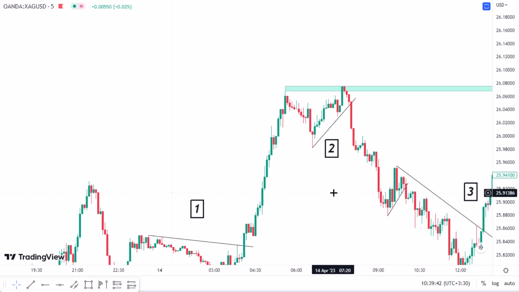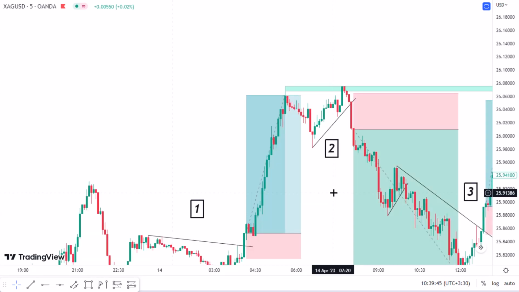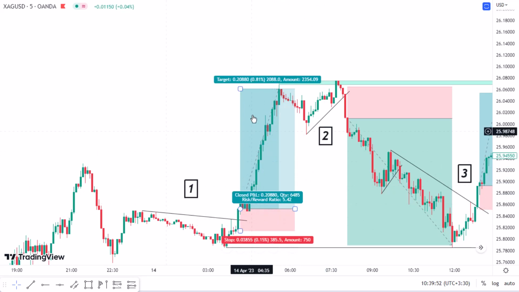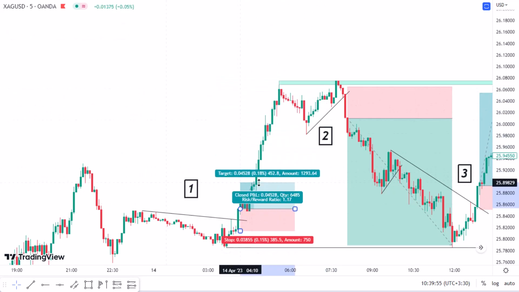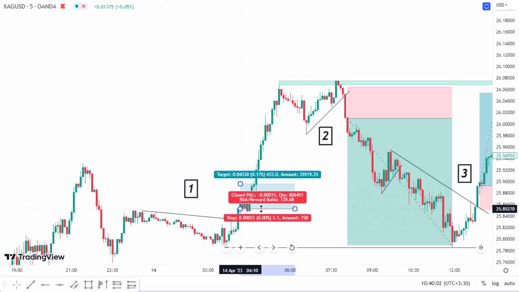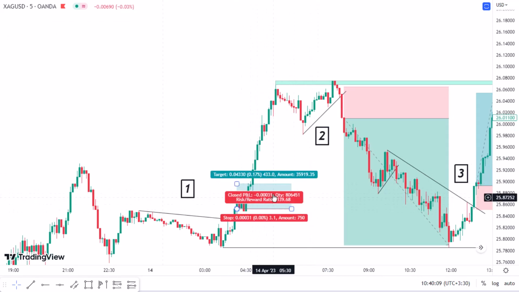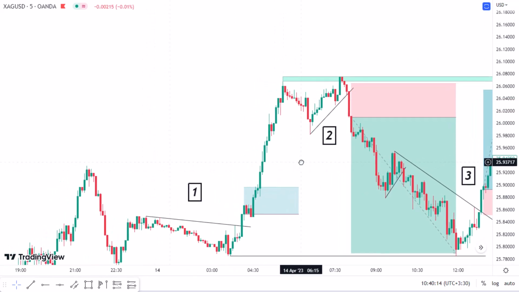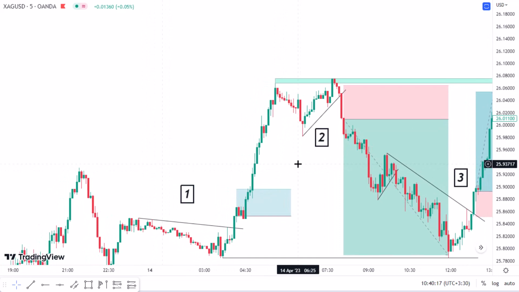I recommend closing your position, or half of your position, at risk to reward 2, and putting your stop loss at your entry point. When your position gives you target 1, risk to reward 1, move your stop loss from where it was to your entry point. In that case, you are not going to lose any money if the market returns. These are fantastic rules for your trading. When you are trading, you can use them and make money with them.